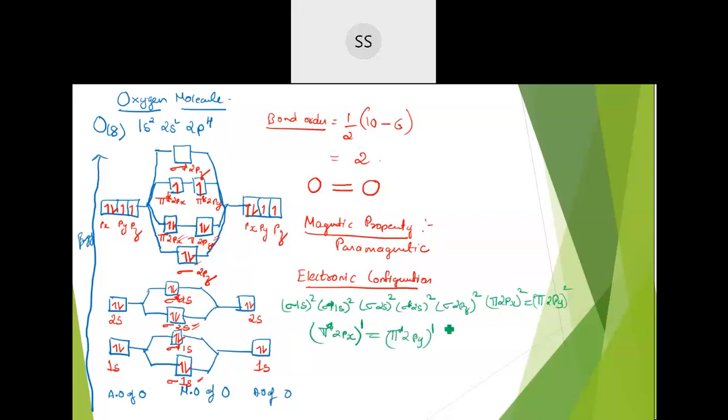Okay, so this will be the electronic configuration, and it makes us more clear why, when I have shown you that video also, when you pour this liquid oxygen into the poles of the magnet, you see that they get attracted by the poles of the magnet. That attraction was because of the unpaired electron which is present in the oxygen molecule. So that it makes it more clear when you are explaining it with the MOT.